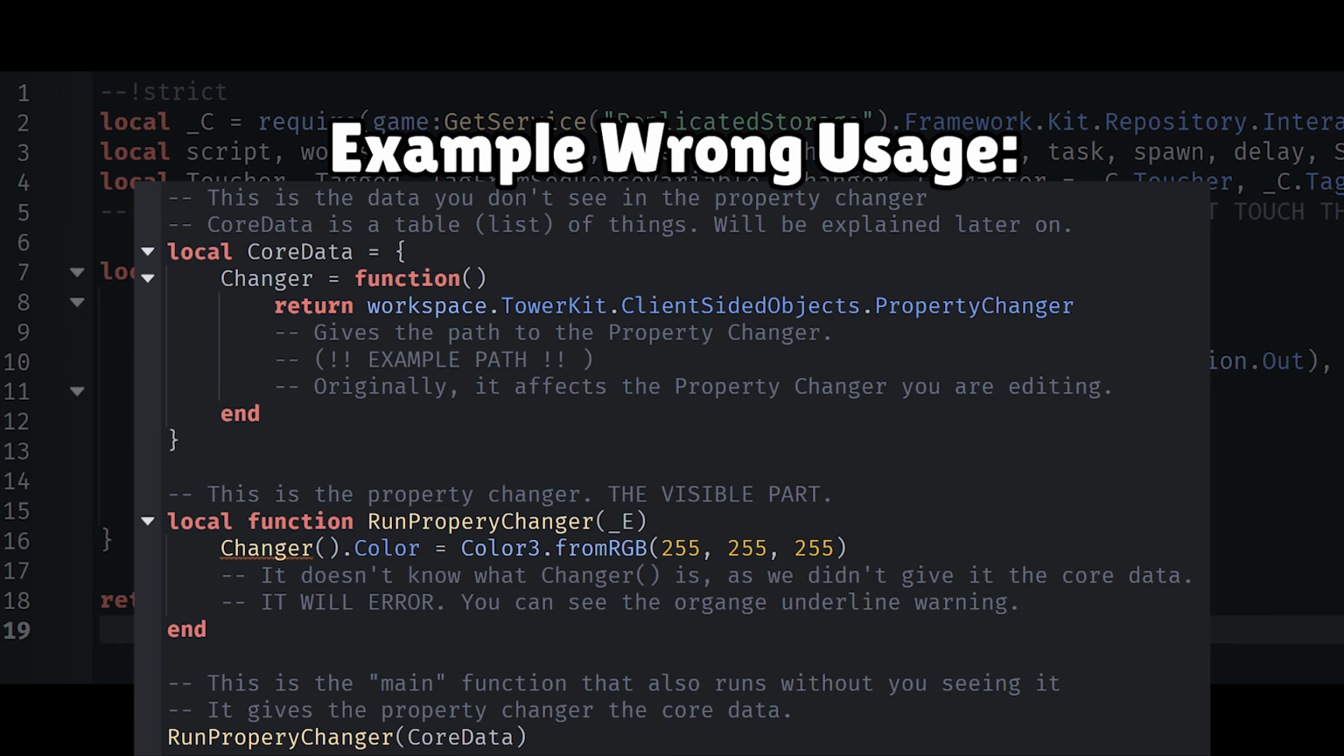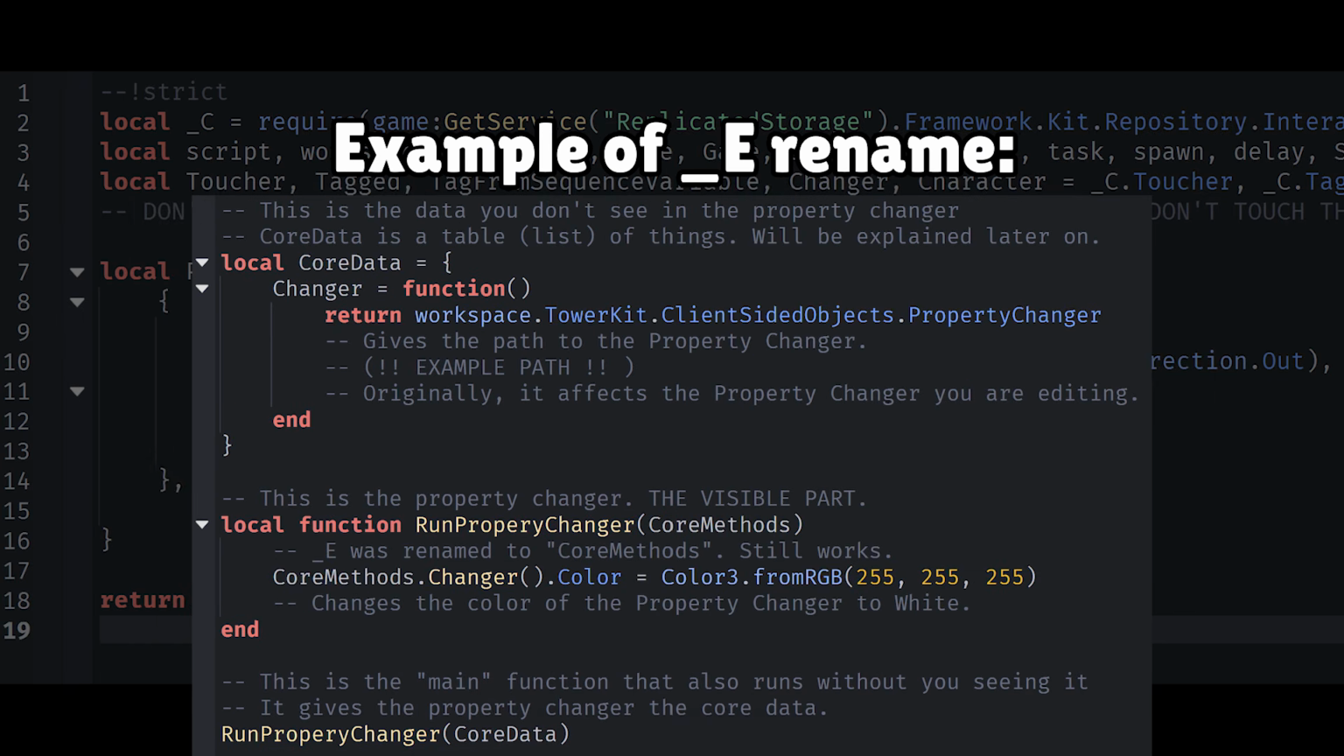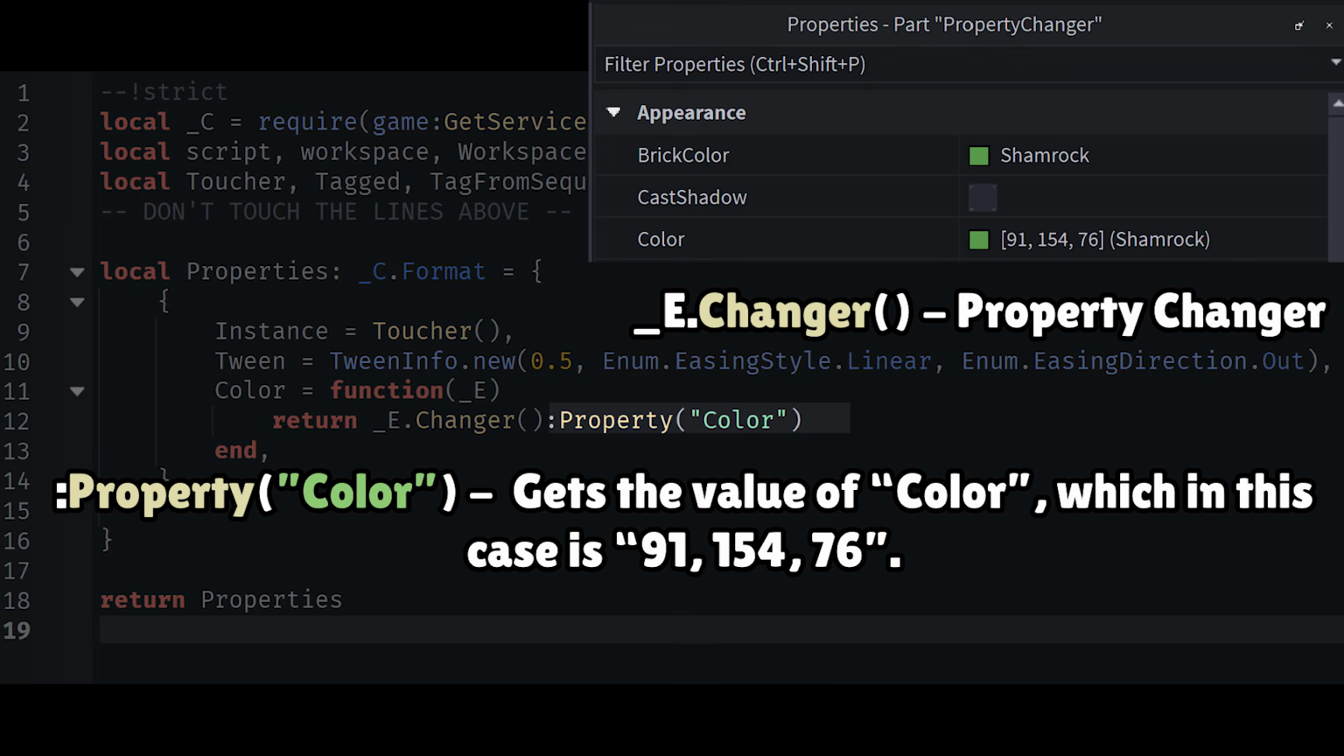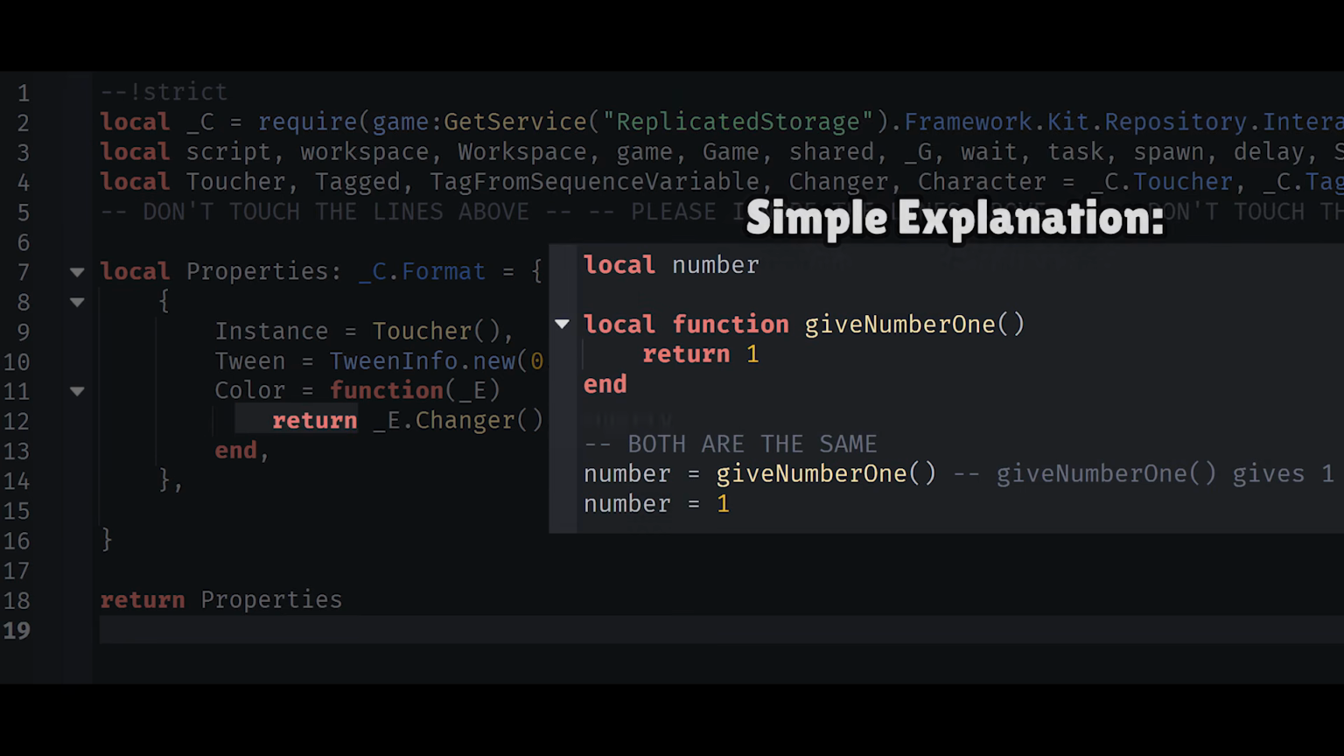By the way, underscore e is just a variable name, short for evaluator. You can change it to whatever you want. Then we have common property, and in the brackets we have a string color. That is just selecting the value of that property. So in this case, it grabs the value of the property color from the property changer, and return is just